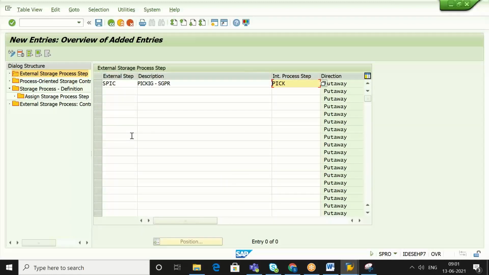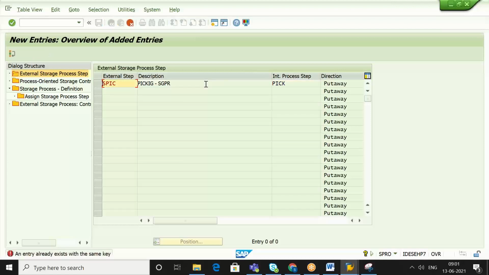So I hope you remember there are 15 internal warehouse process steps which cannot be created, which cannot be edited, which cannot be deleted. Okay, so now out of 15, one you have to select for your external activity. Enter. SPIC already exists. Okay, let me see SGPC. Okay,